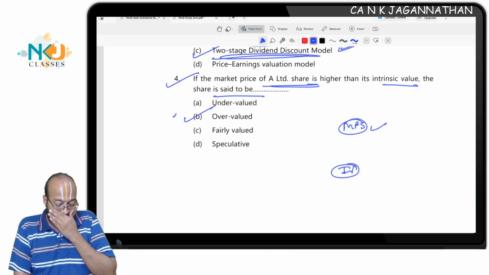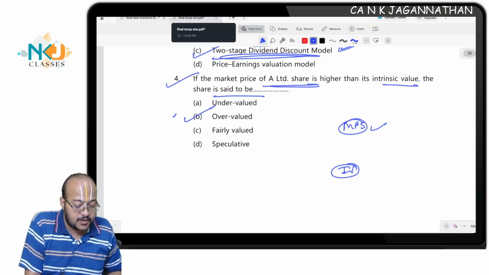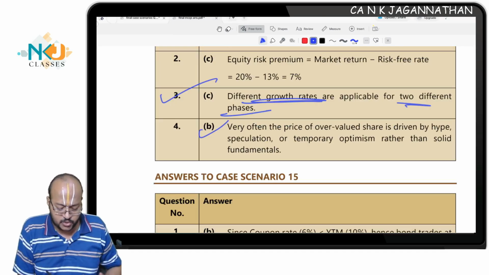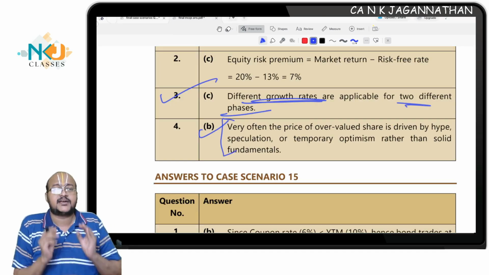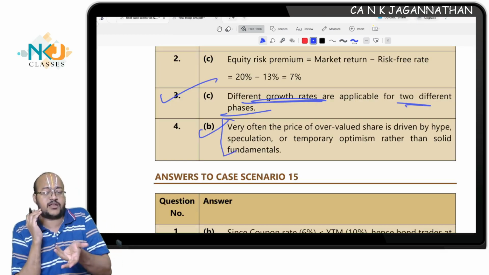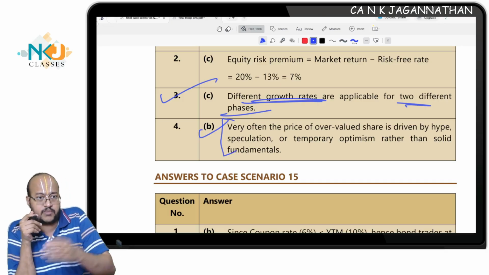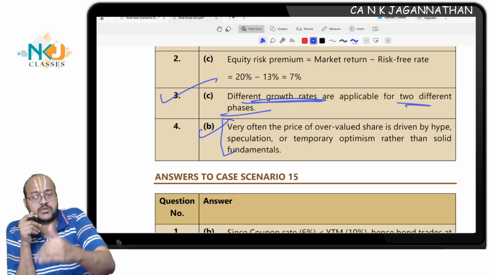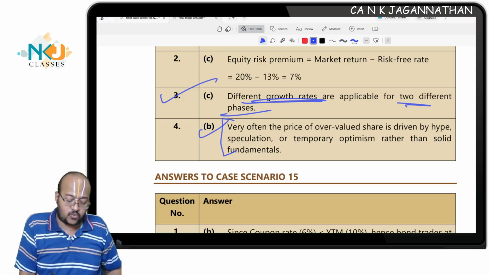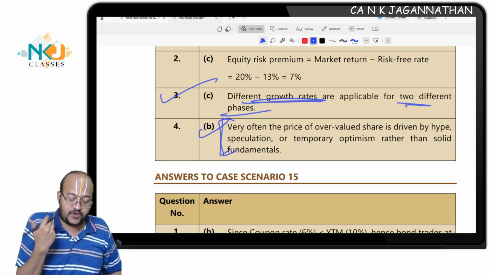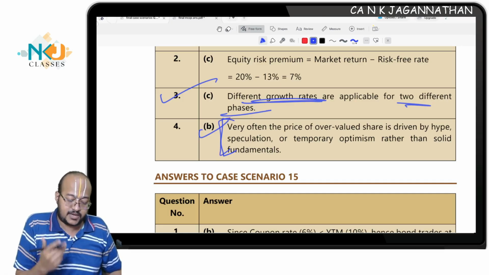But I found something interesting here in the solution. I'll just show you. The solution is B, that is not an issue, but the justification, the reason: quoted market price is more than fair value. Fair valuation, I told you, depends on investor to investor. If one believes this is the fair value, another may believe some other value is the fair value. So, if the quoted price is more than what he believes, what value he will assign,